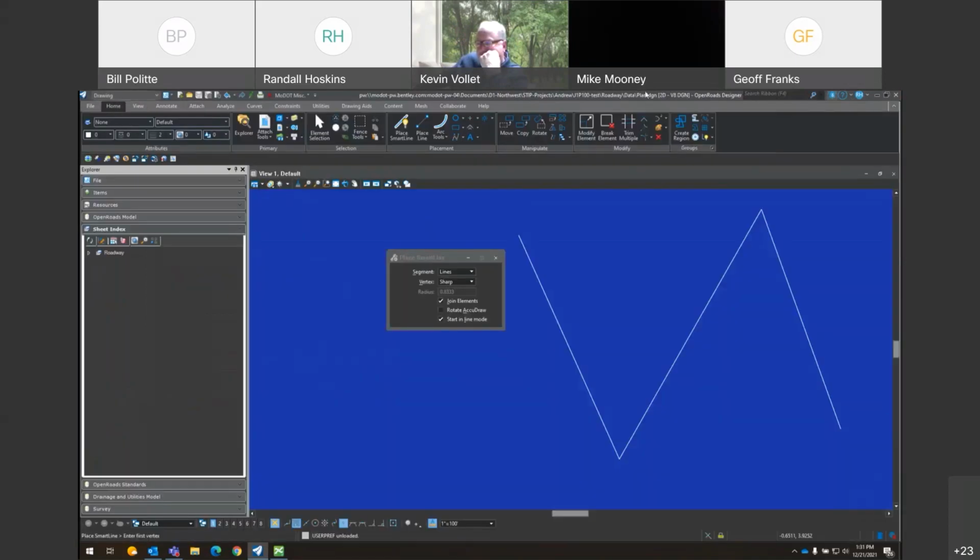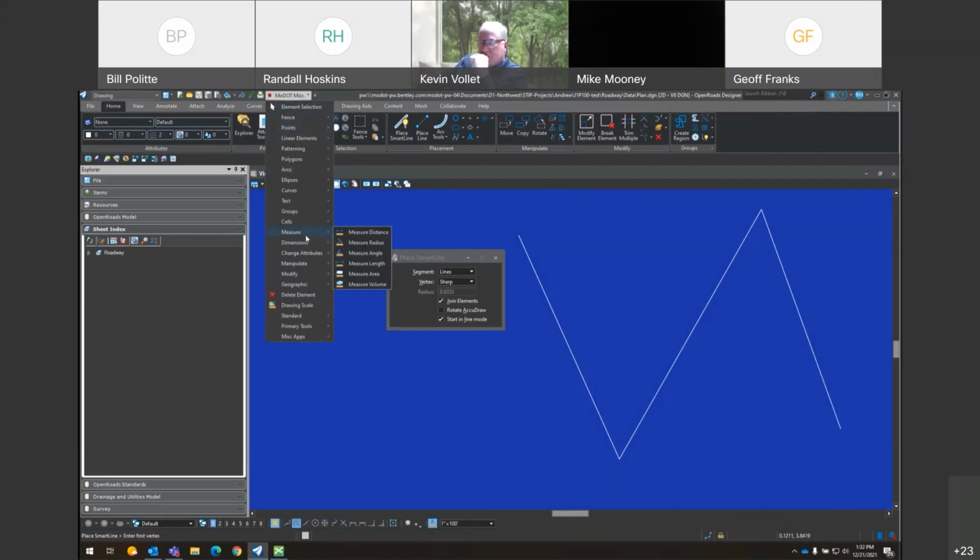So if I go back to home, oh why? Can't see under that. We did create, or Chad did create, this MoDOT Miscellaneous pull down. It's another place you can go to find some of the tools. Basically, if I select that, most of these tools were standard MicroStation tools.